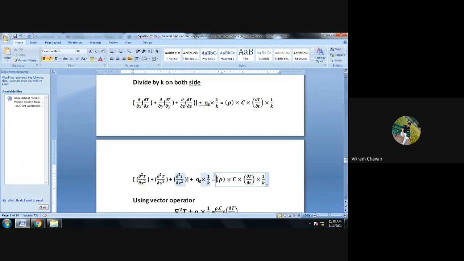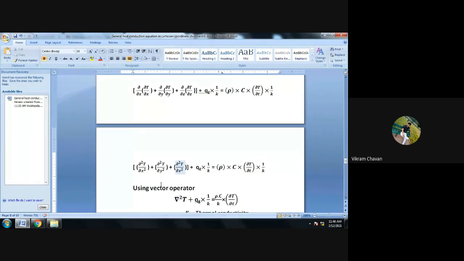In this step we have just merged the differentiation outside the bracket and inside the bracket, because it can be converted into a double differentiation format, a double partial differentiation we can say. Now once again we can apply the vector operator.